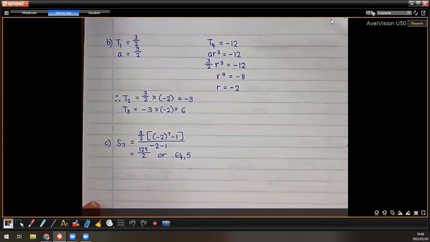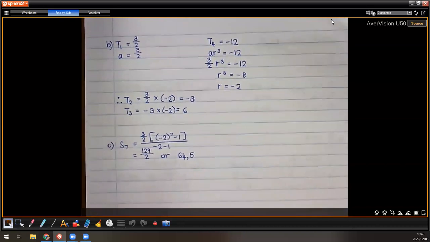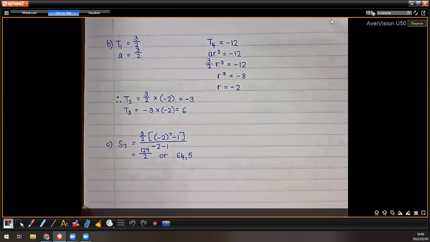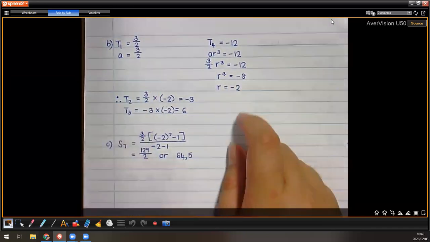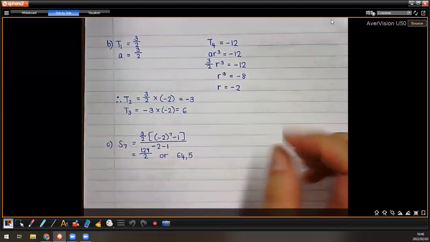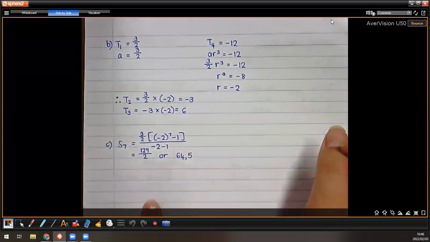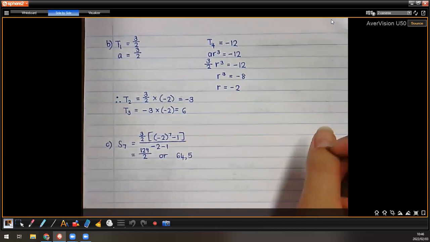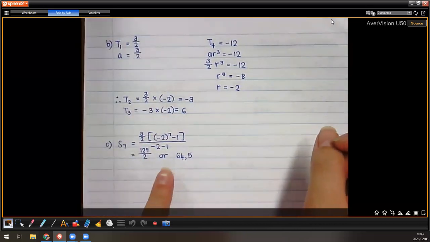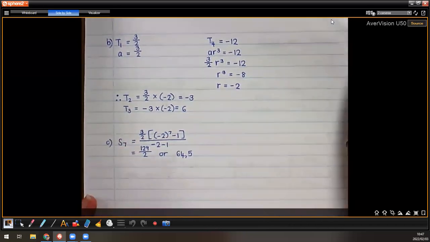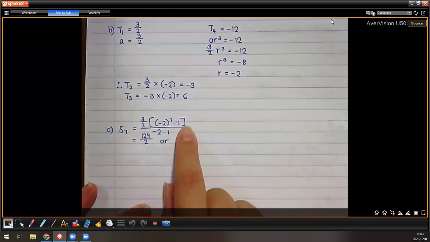And there was just an extra question in this one. They said now you must find the sum to 7 terms if this is a geometric series. So that means that you must use the geometric series sum formula firstly, and you must work with this ratio that we found. Okay, so it wasn't a completely new question, it actually followed on from B. Right, so using the value found in B, we now need to find the sum to 7 terms. So you can just see I just sub that into the